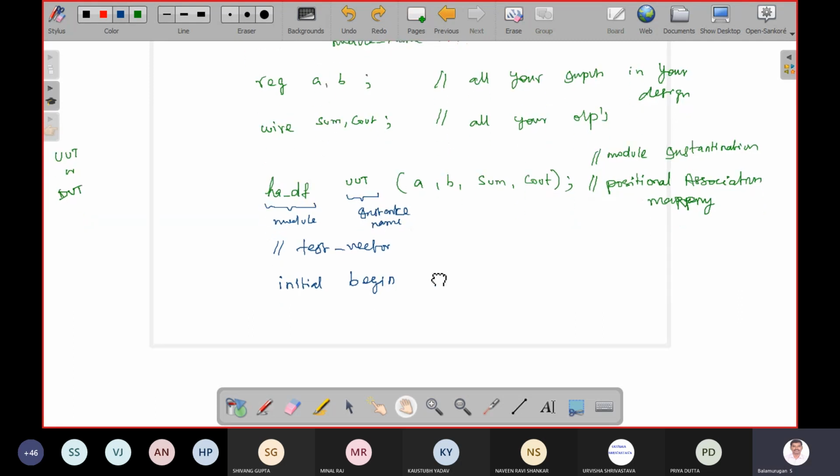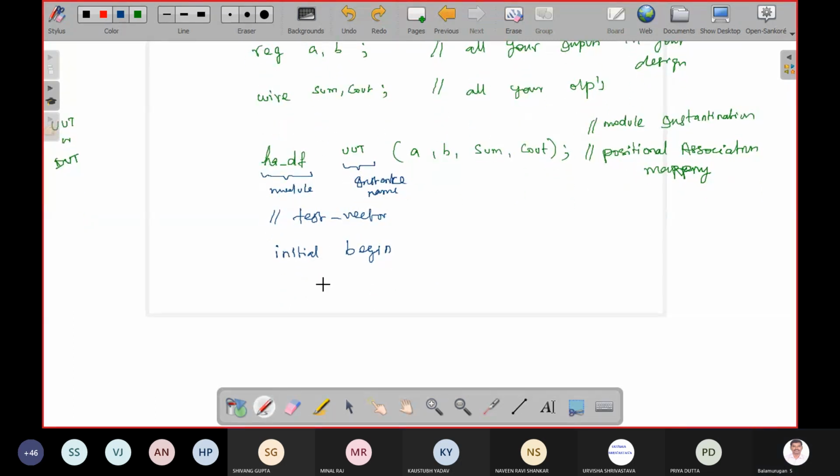Okay, then since you have only 4 input combinations, I am going to write directly A is equal to 1 bit binary 0, B is equal to 1 bit binary 0. That means A is equal to 0, B is equal to 0. Wait for some time.